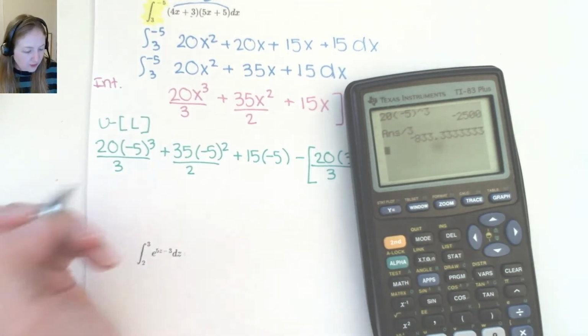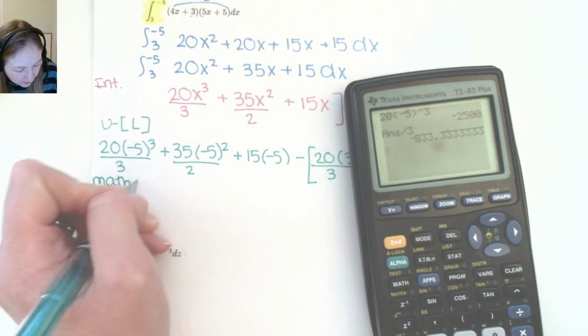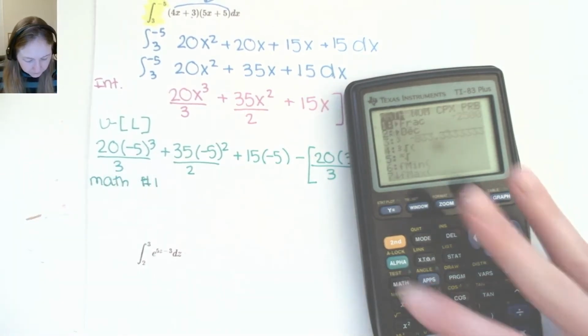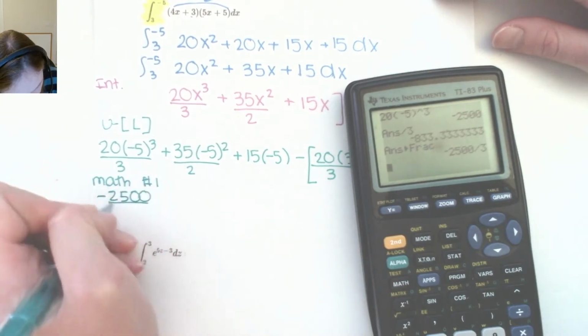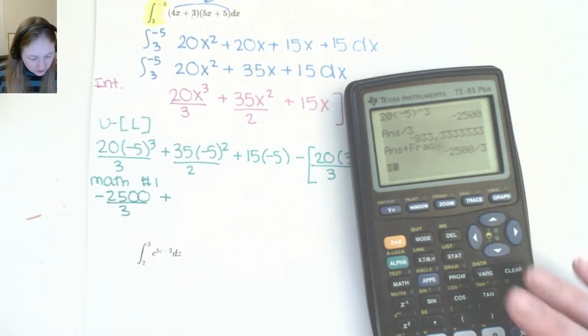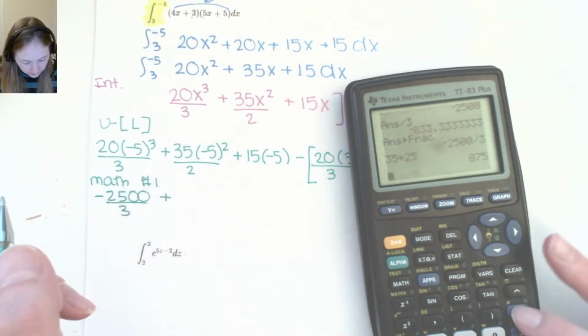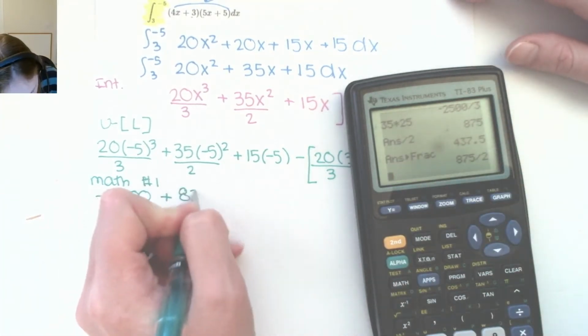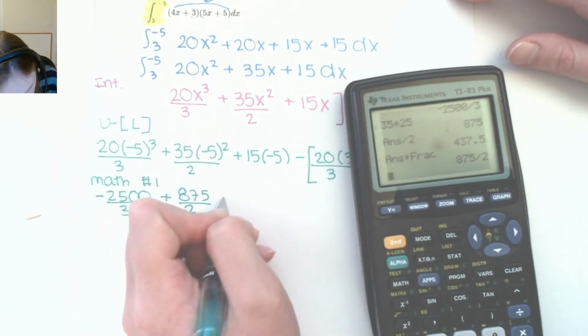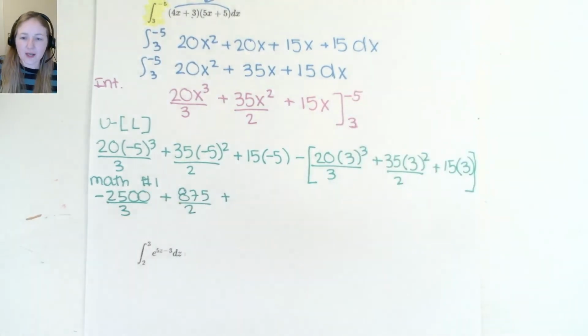Remember, if it gives you a decimal, you want to hit the math frac number 1 to convert into negative 2500 over 3. And then the same thing goes here. You have 35 times 25 over 2 gives you a decimal. Hit the math frac. You get 875 over 2. And then plus your 15 times negative 5. And then